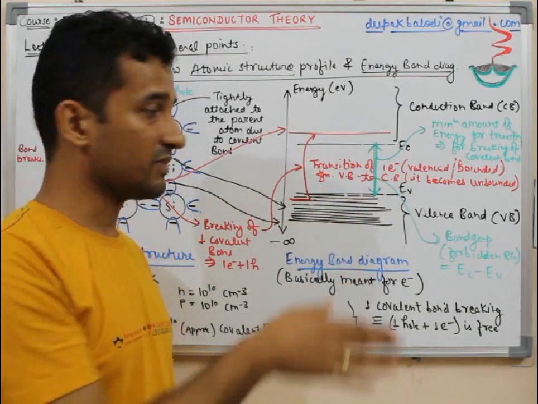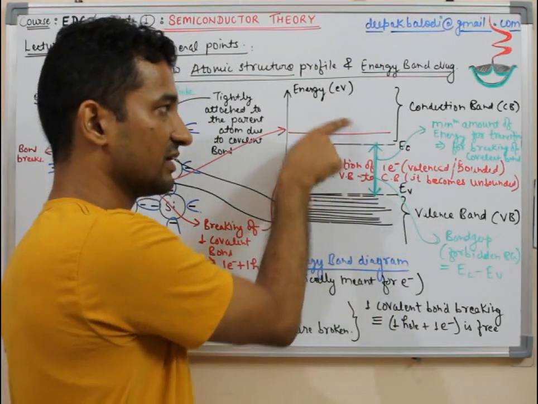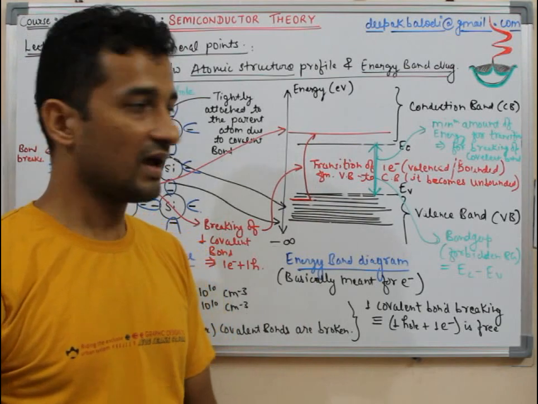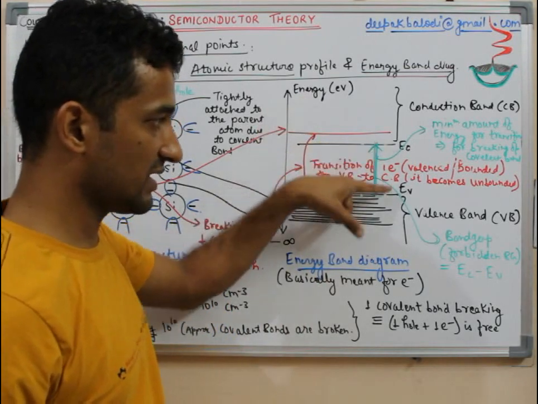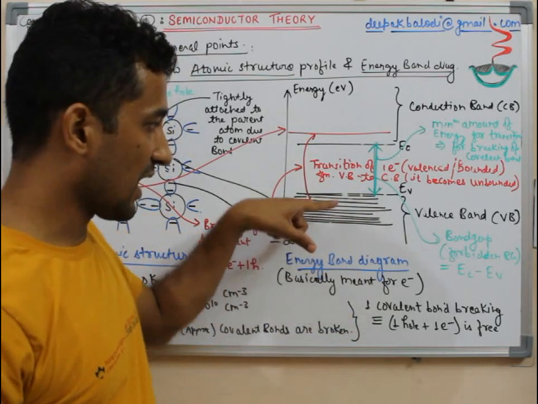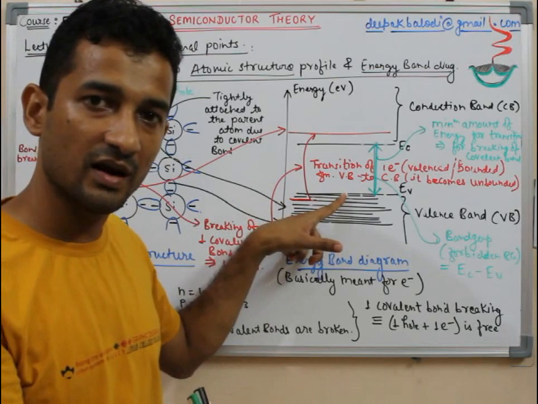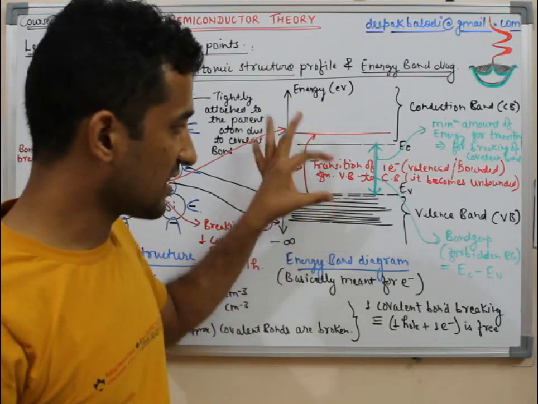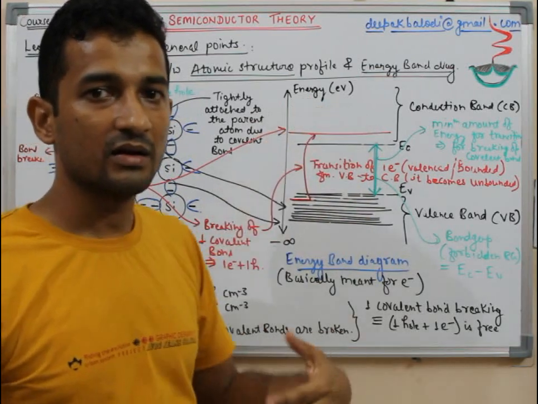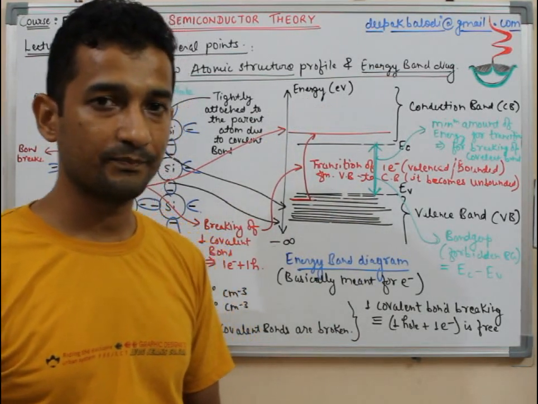Otherwise, if there had been, there would have been a transition from this to this and then this to this. But in the pure form of silicon or any semiconductor, if there is a band gap between EC and EV, there is no allowed energy state. So the highest energy electron in the valence band, which is still attached to its parent atom, still requires this minimum energy to go to the conduction band, and then only can it contribute to conduction, and then only can it become free.